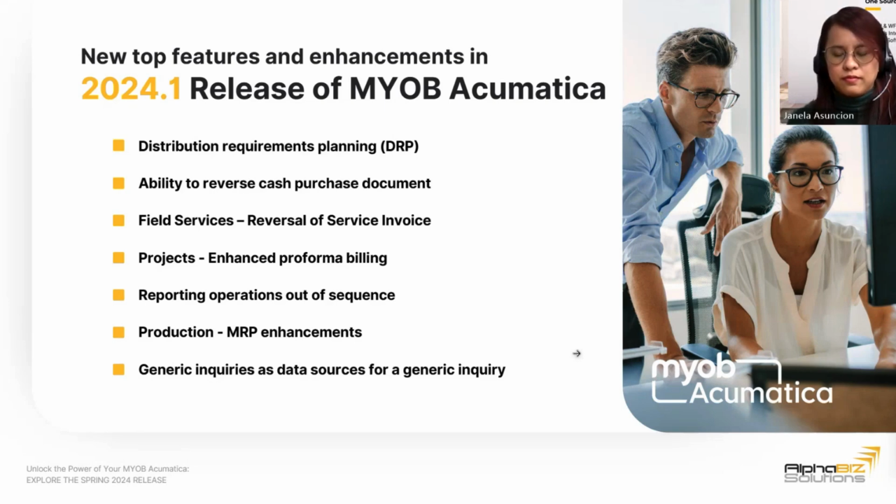So those 3 items there that Mark went through, it's really just about trying to give you the ability to do minor corrections and not have to completely get rid of the transaction or back the transaction out. And in regards to the MRP side of things, we've got a few clients on the manufacturing process, so there are some highlights that we'll be running out to our clients. But the generic inquiries one, a lot of the time, I hear clients say, I've got this generic inquiry and I have to take that one out to Excel to get what I want.